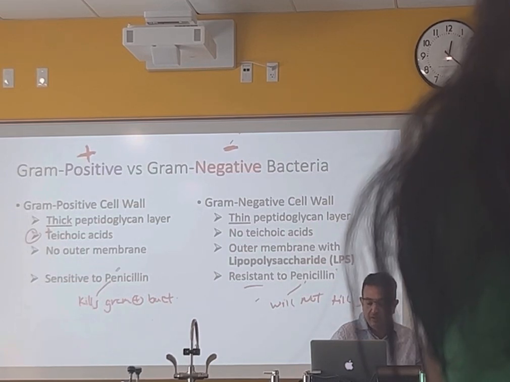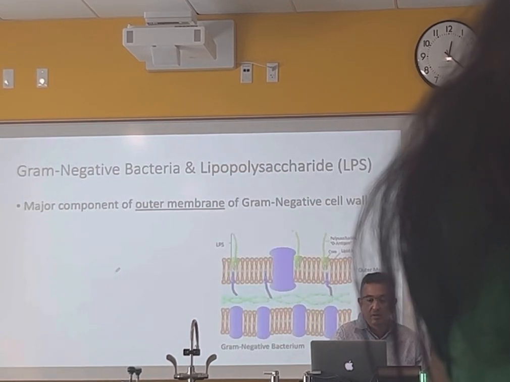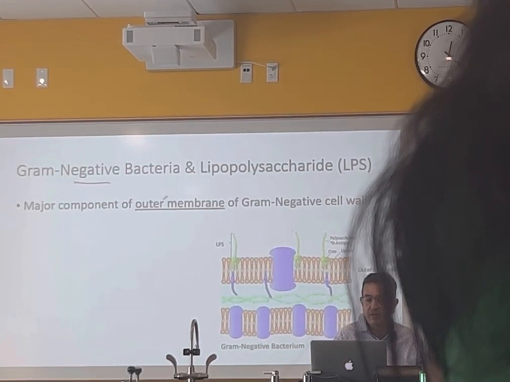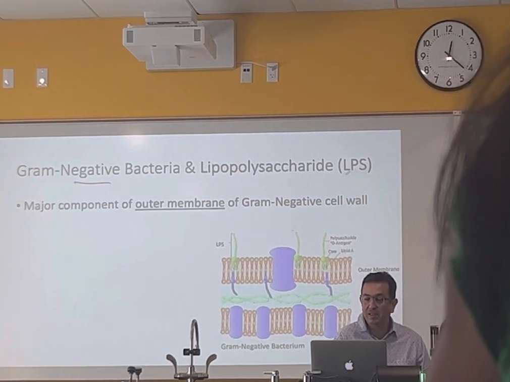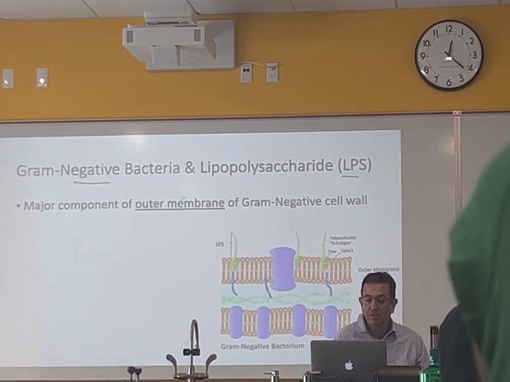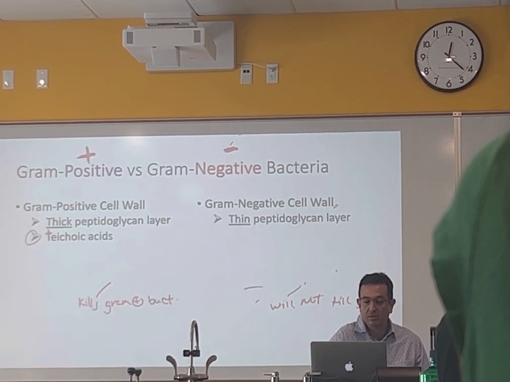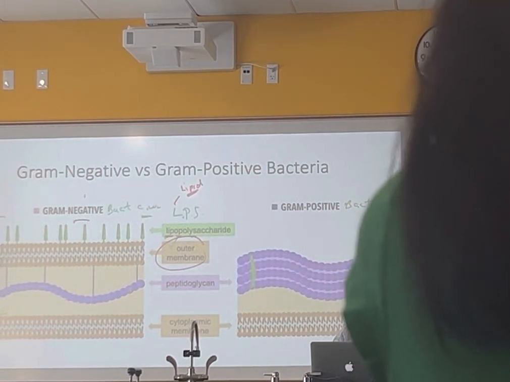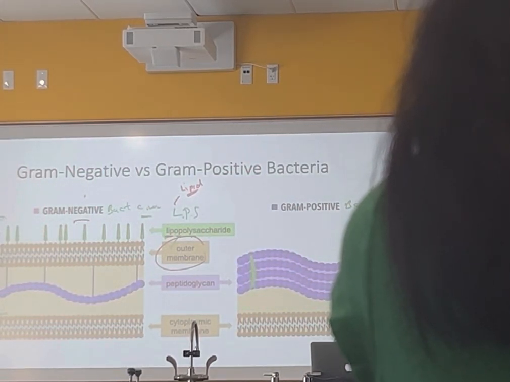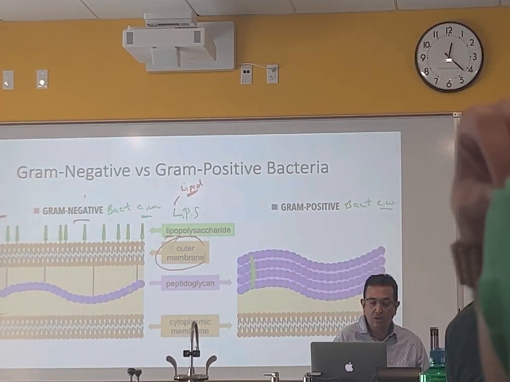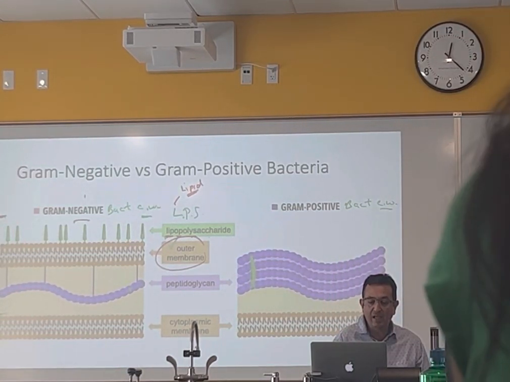All right, next slide. Let's focus now on gram-negative. We know they have an outer membrane that's not found in gram-positive. Remember, we also have LPS attached to the outer membrane. But yeah, this outer membrane is a major component of the gram-negative cell wall, because remember, the outer membrane is part of the cell wall. I just told you this whole thing here, starting from here all the way up to here, this is the cell wall. Right? Yes, it contains peptidoglycan, it contains an outer membrane, and then it contains the LPS,